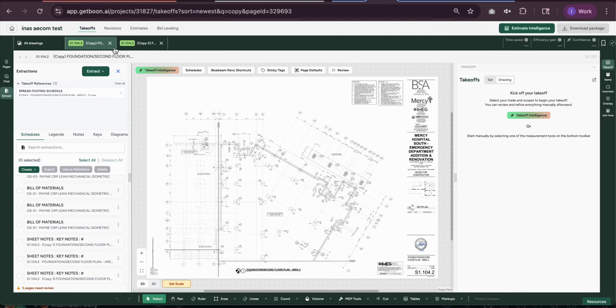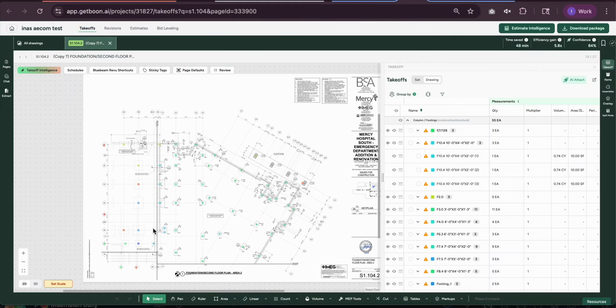Okay, and the second issue is that when we do a takeoff for a page with no scale, sometimes it will use scales from another page that you already opened. For example, on this page, you can see that the scale is not set yet and it has missing dimension, but somehow it already has volume and areas.